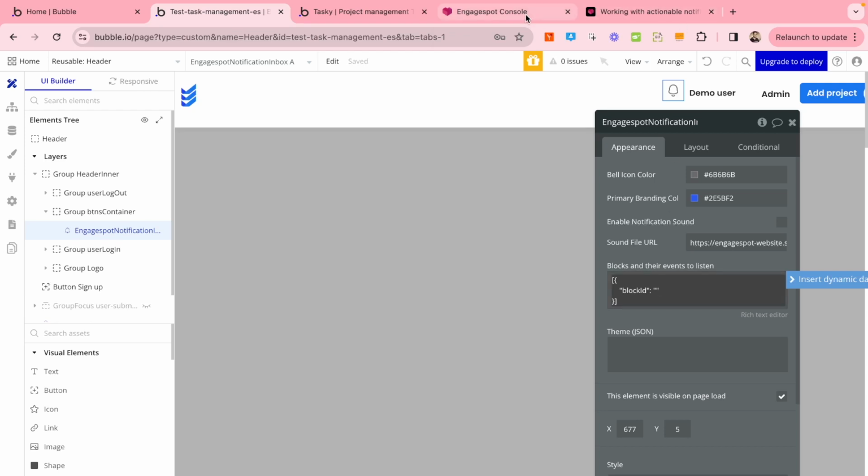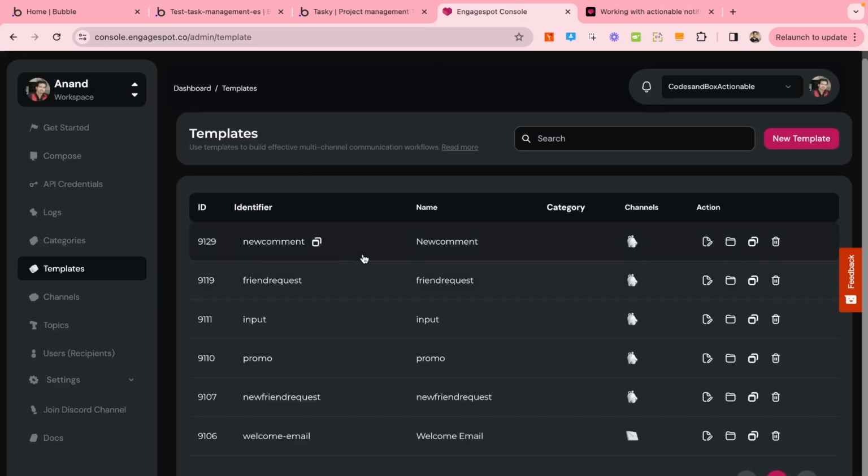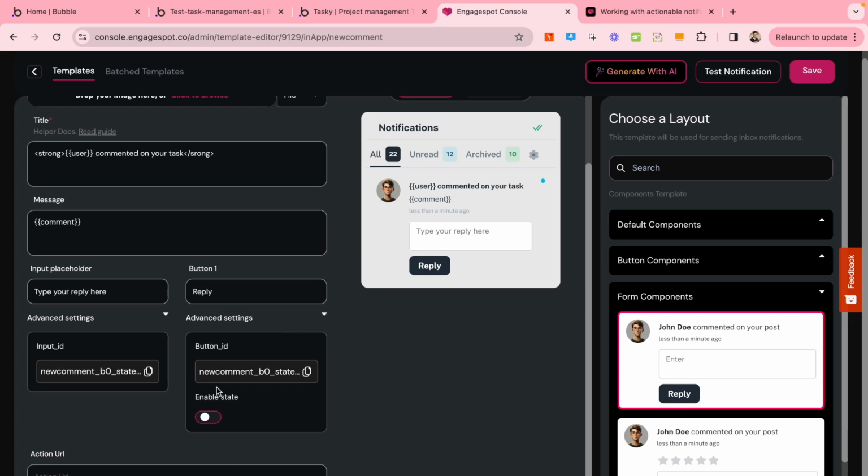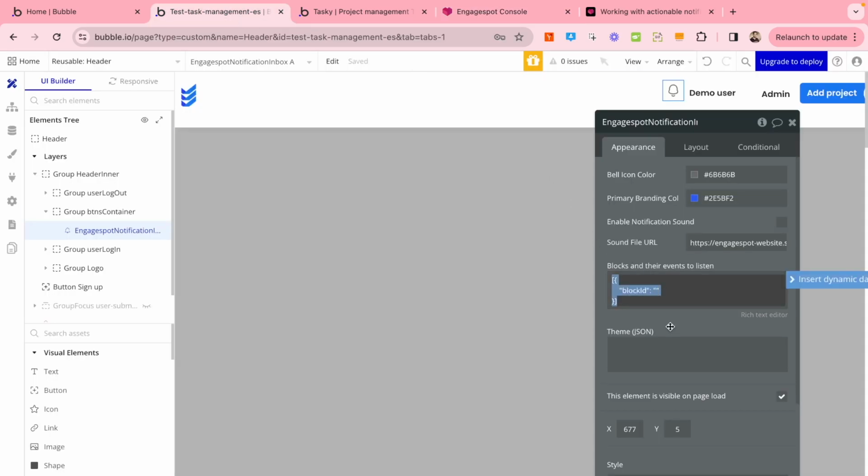So to identify the block ID, just go back to our template editor, go to in-app. So this button called the reply button is the thing that we want to listen to. So if you go here, you can see this is the ID of the button. So just copy this button ID, just go back and just paste it here. All right, so what this does is this adds an event listener on that button,